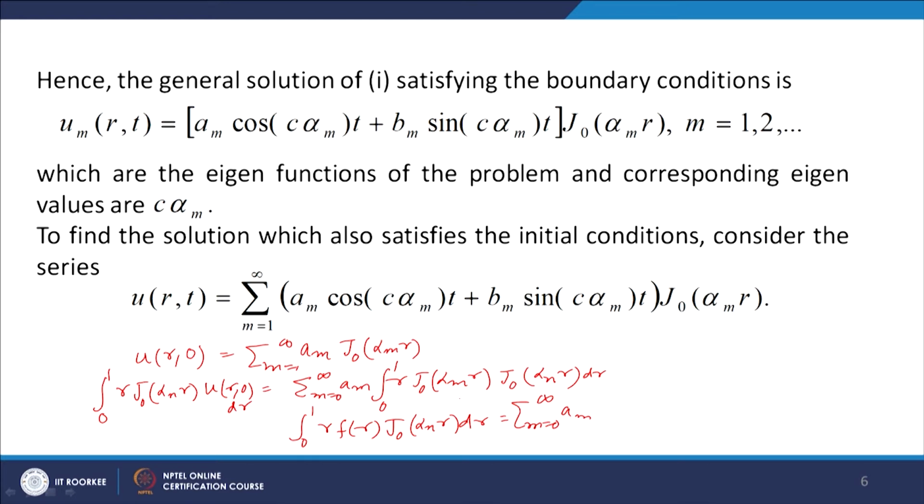We know that Bessel functions are orthogonal with respect to the weight function r. So J0(alpha m r) and J0(alpha n r) are orthogonal to each other with respect to the weight function r. So the value of this integral is 0 when m is not equal to n, and when m is equal to n we will have